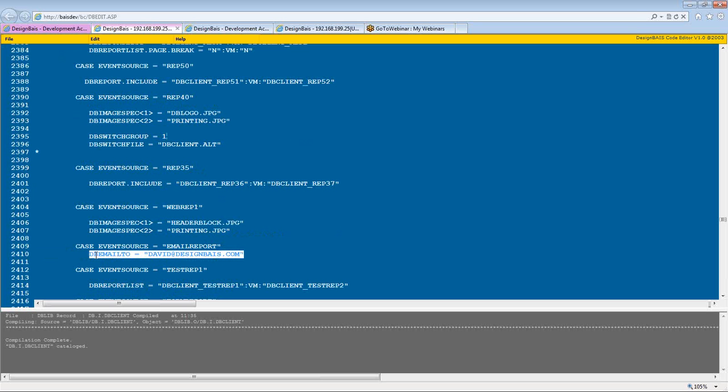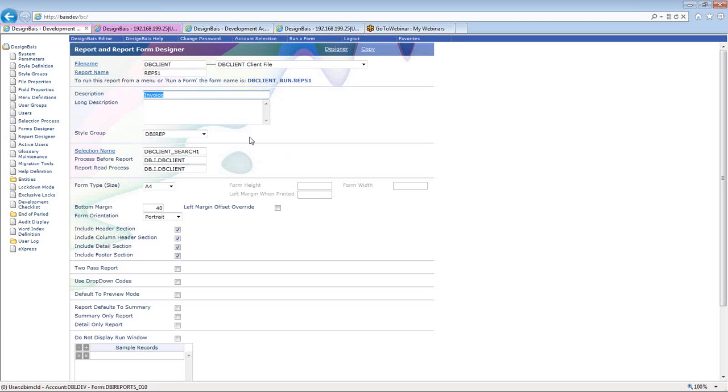DB email 2. I'm not going to demonstrate how that works because I don't particularly have this type of report to demonstrate it. But we'll just have a quick look at DB client rep 51, because it could be a report that has